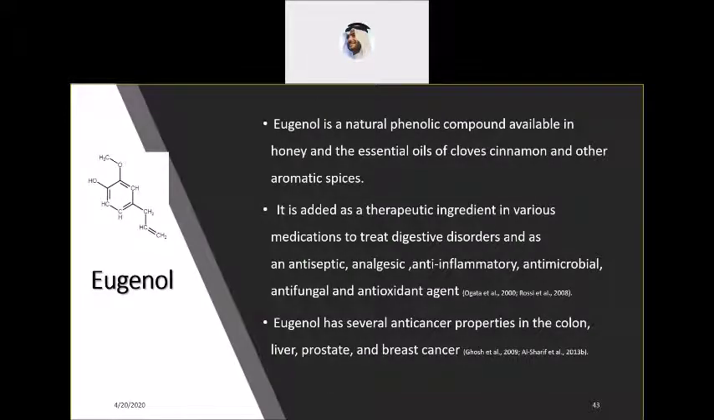Now, if you allow me, I will shed some light on eugenol, because we will use eugenol in this study as one of the pharmacological inhibitors for fatty acid synthesis or oxidation. Eugenol is a natural phenolic compound available in honey and the essential oil of clove. It has different uses in medication: it can be used to treat digestive disorders, as an antiseptic, analgesic, anti-inflammatory, and it has some antimicrobial and antifungal properties. Eugenol has several anti-cancer properties as well, and it has been shown in prostate cancer and liver cancer